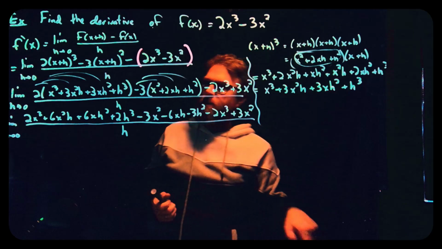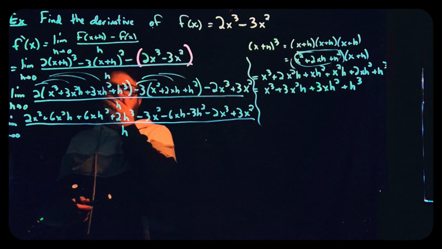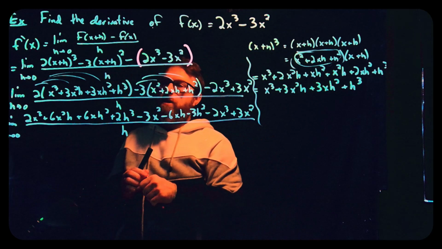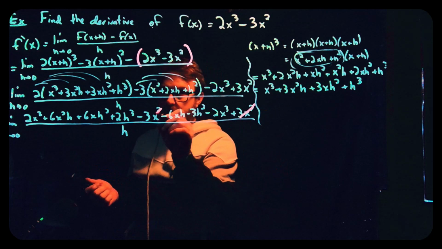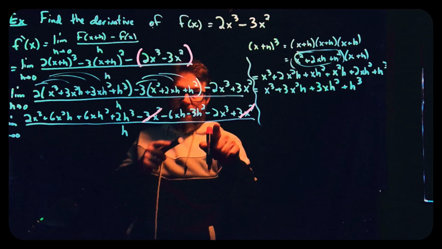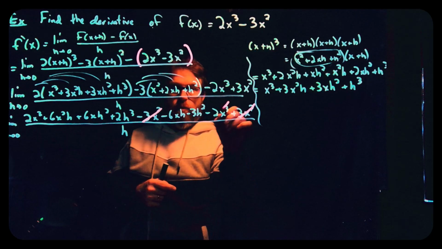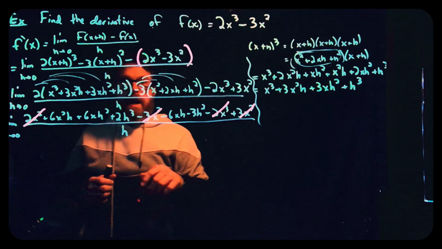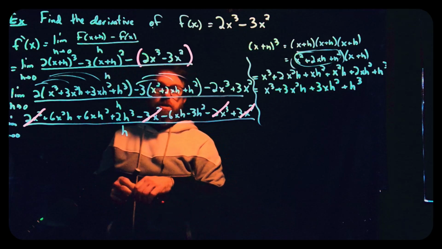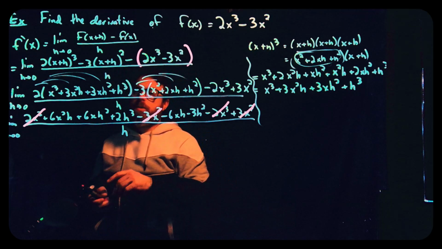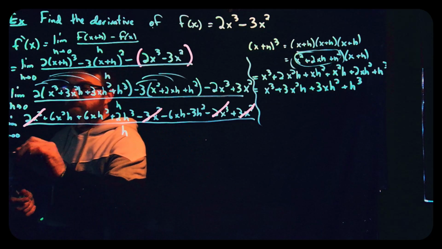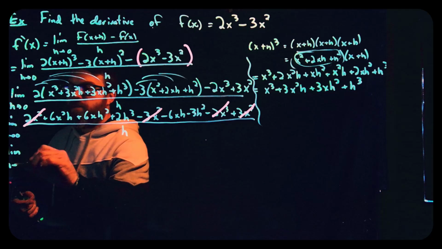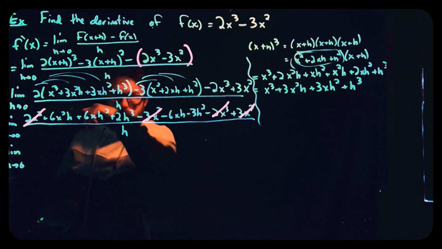All right, now let's see what cancels. So, okay, let's just look at the terms that don't have h in it, because those likely are going to go away. So this negative 3x squared, I have a negative 2x cubed, I have a positive 2x cubed. Those are gone. And sometimes things that have h's in them will also cancel, or at least simplify a little bit. So this is going to be equal to the limit as h approaches 0 of, let's see,